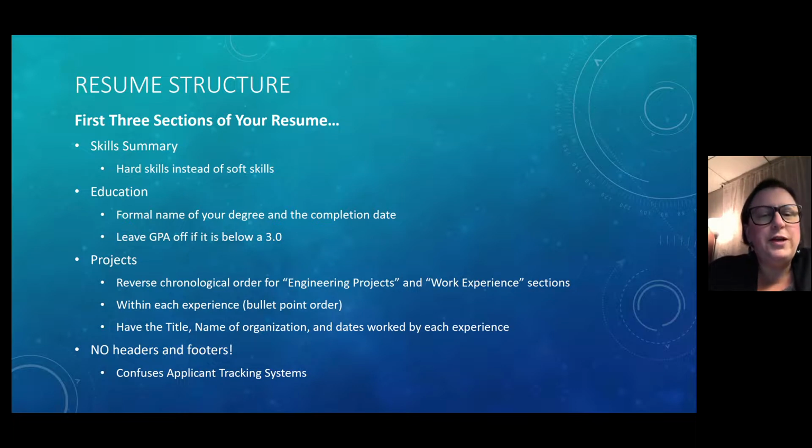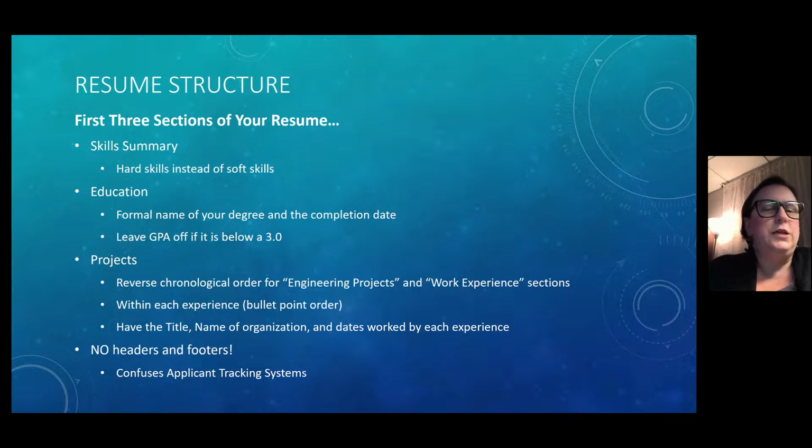In your project section and work experience sections, we're going to have reverse chronological order for basically all of the sections in your resume. What that means is that the most recent thing that you have done, we're going to put at the top of the relevant section, and then we're going to go backwards from there.